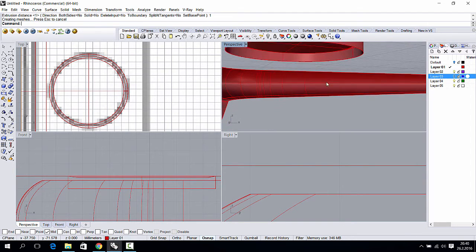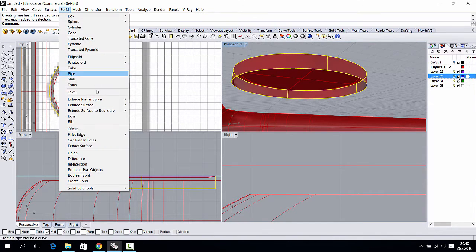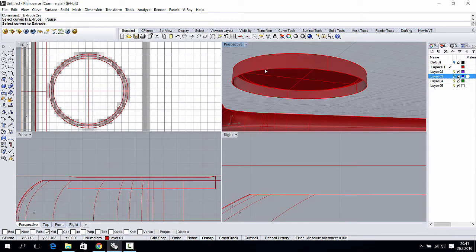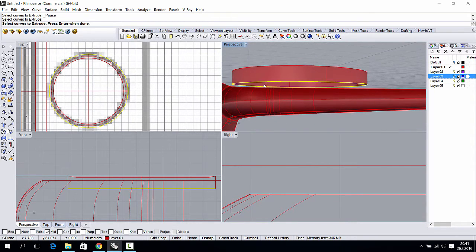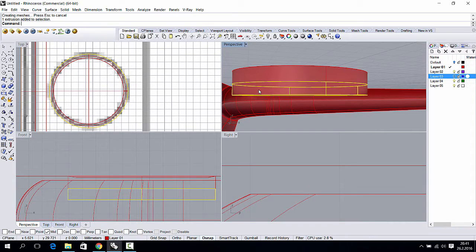Like that, and then we need to have bottom, so extrude planar curve and select the bottom square and press enter and go a little bit down,